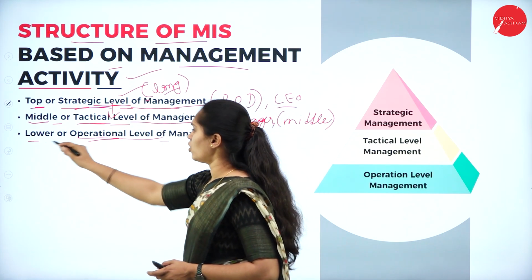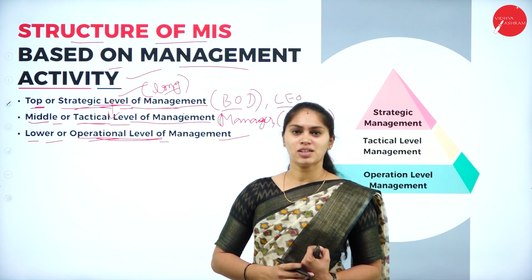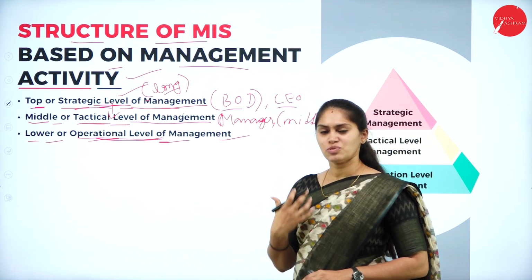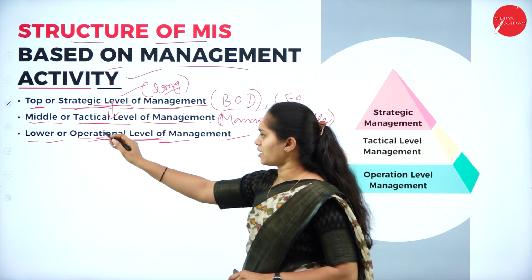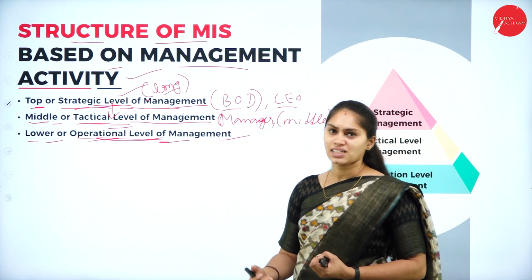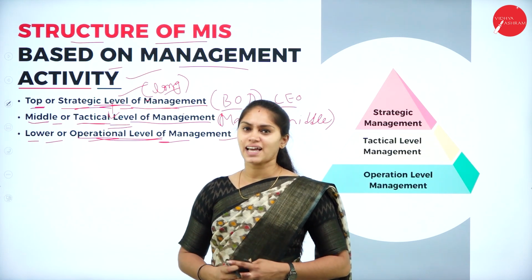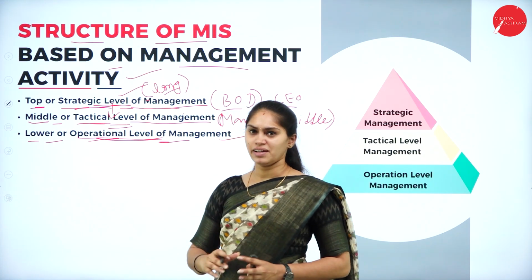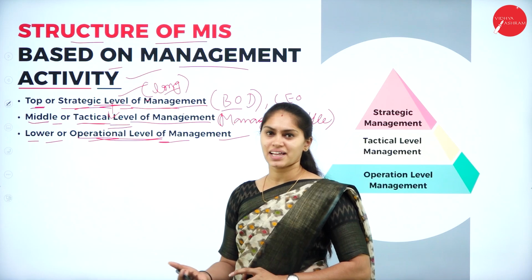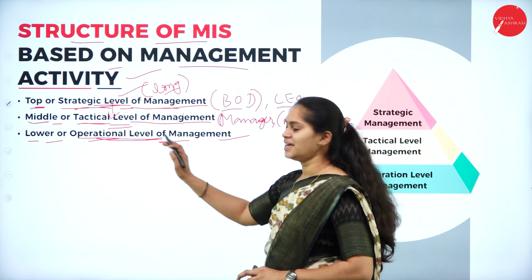When it comes to the lower or operational level of management, the management activities take place day by day. The dynamic operations taking place in the organization come in the category of this operational level of management. What operations or activities take place day to day, in the market or in the organization, all come under this level. It keeps tracking activities and information, which helps in making efficient and effective decisions on a daily basis.